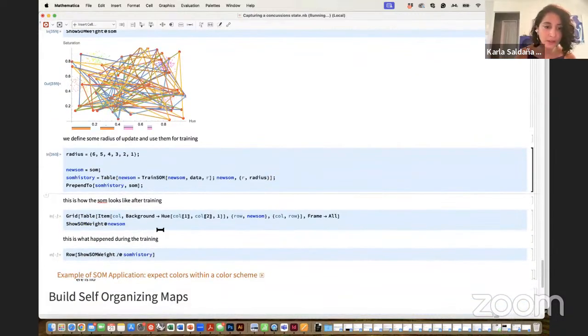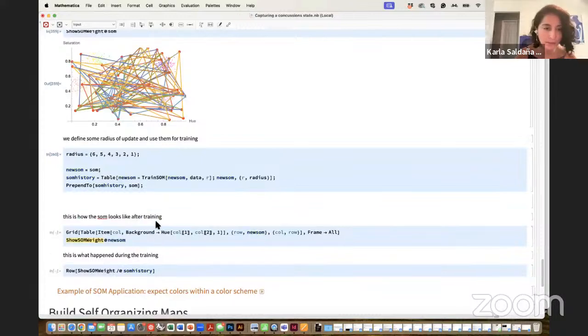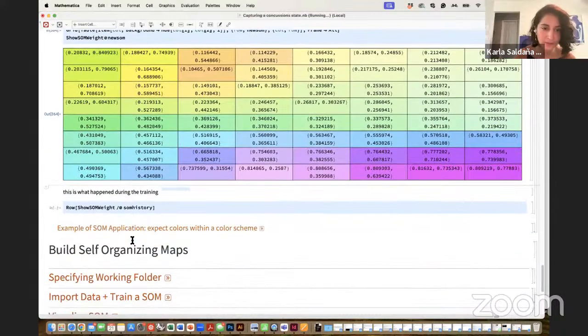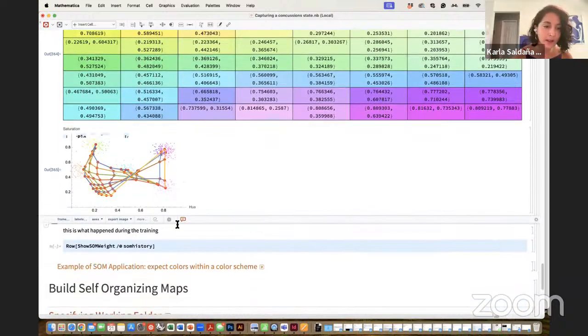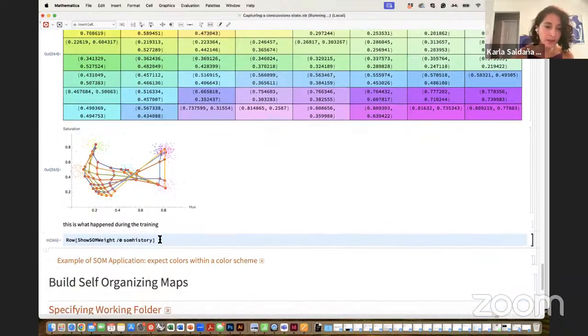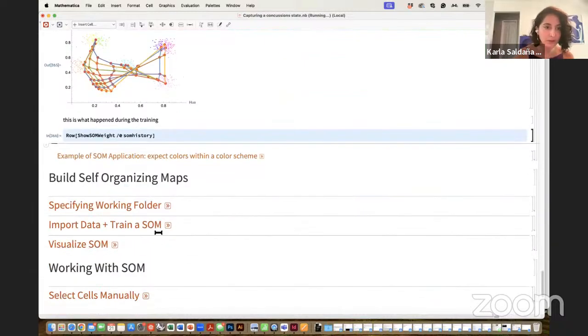But once we start to train the SOM, I hope my computer doesn't crash, we can see that the grid started to adjust to the data. So you're seeing a much more, we call this a spectrum of similarities, or a landscape of similarities. And this is more or less what's happening with the training.